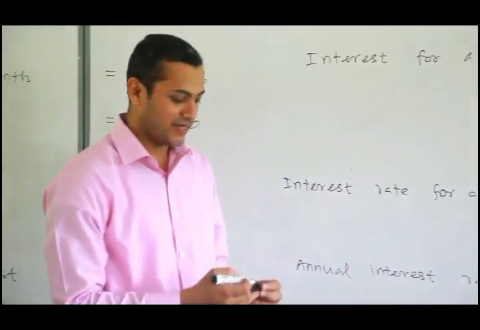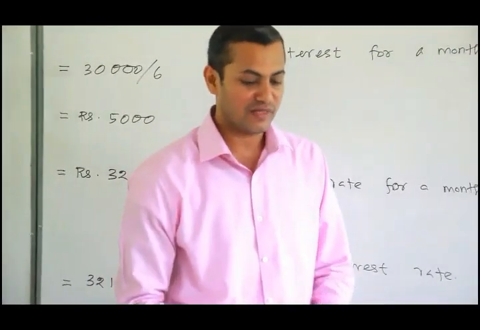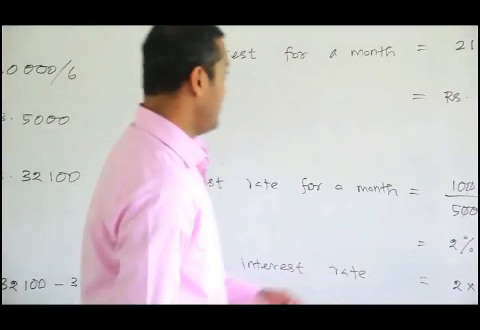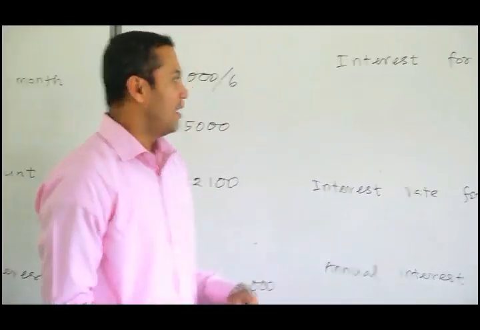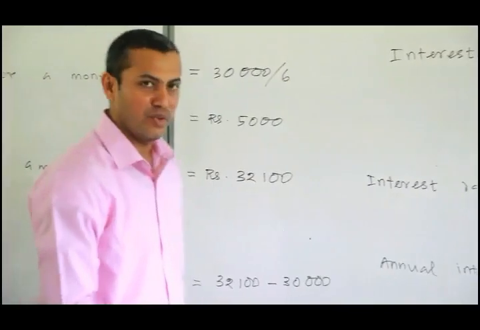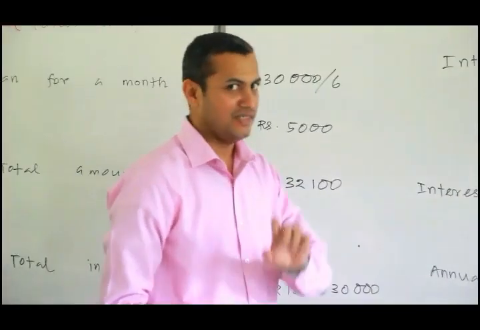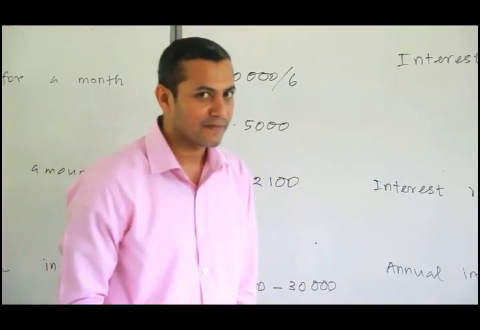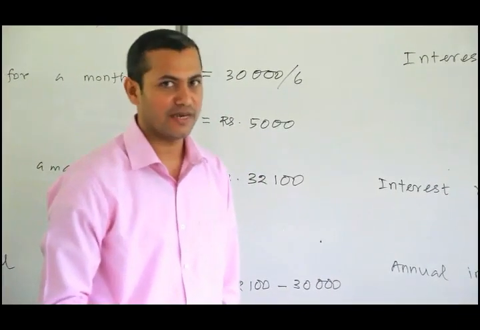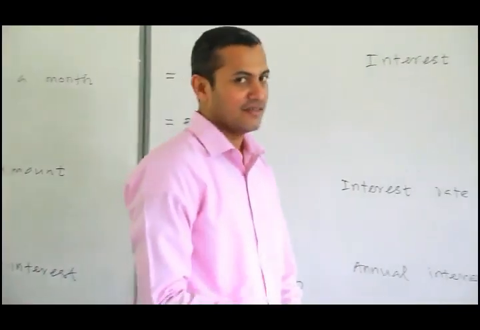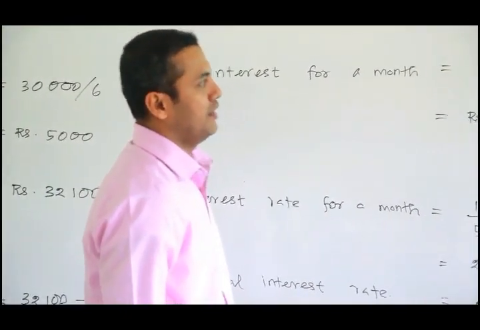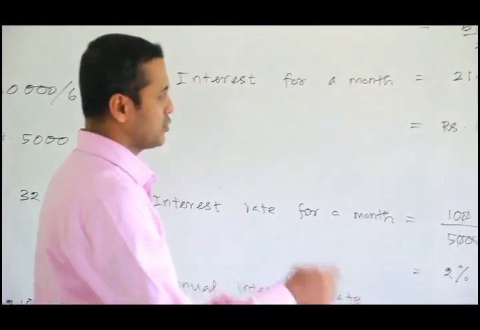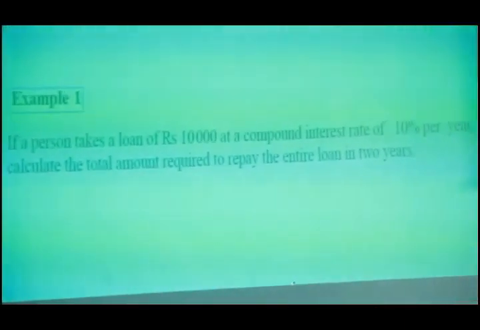Alright, that's it. That is all about monthly installments. At the beginning I said there are 2 types of terms in this particular unit. One is installment and the other one is what? Compound interest. So let's look at some questions on compound interest. It is there in your textbook. Refer to your textbook and go through this example in the textbook. Example 1 under compound interest.